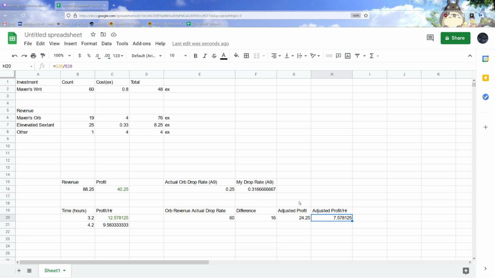Now that is still incredibly high. That is a lot of profit per hour, and that is some of the top tier in the game currently for mapping and bossing. Because this league is kind of nerfed, I would not even expect to get almost 8 exalts per hour. Even though we got much higher than I thought we would, because